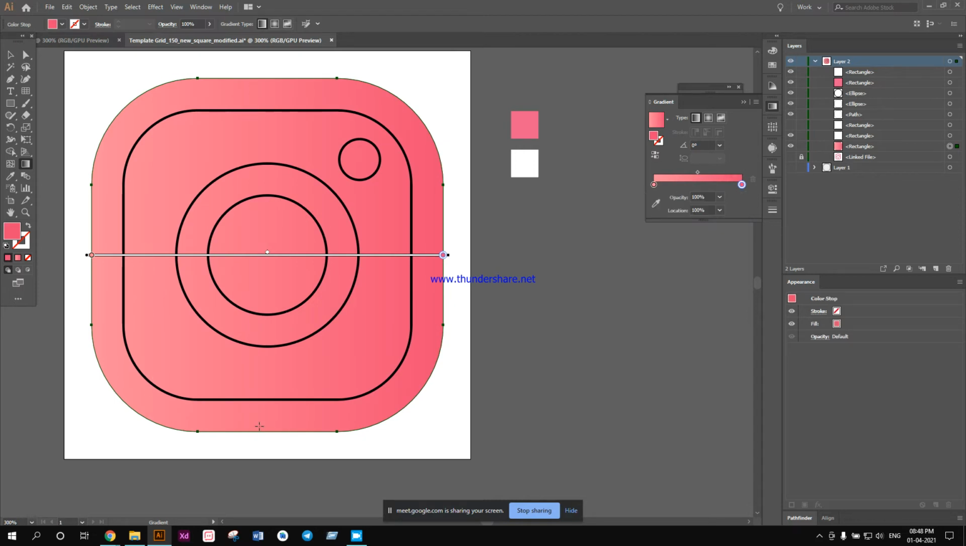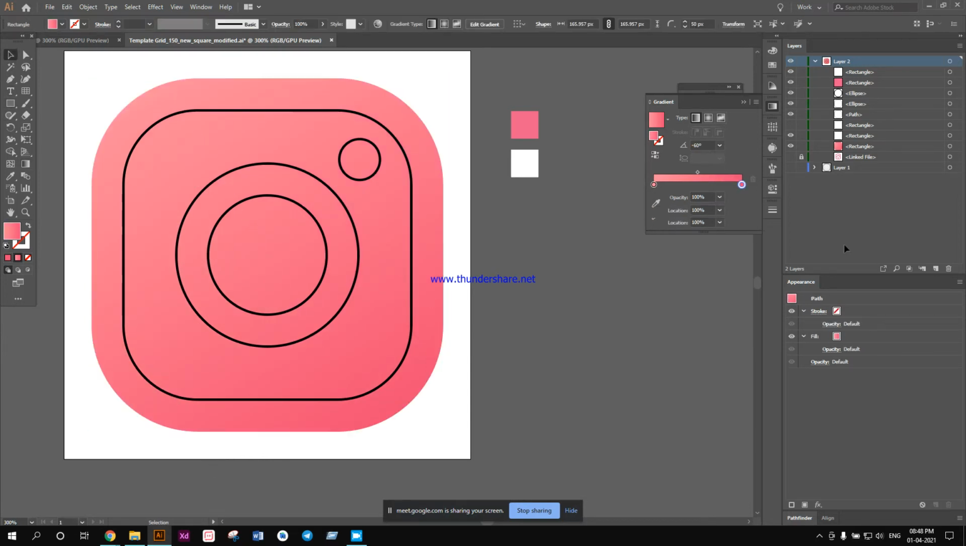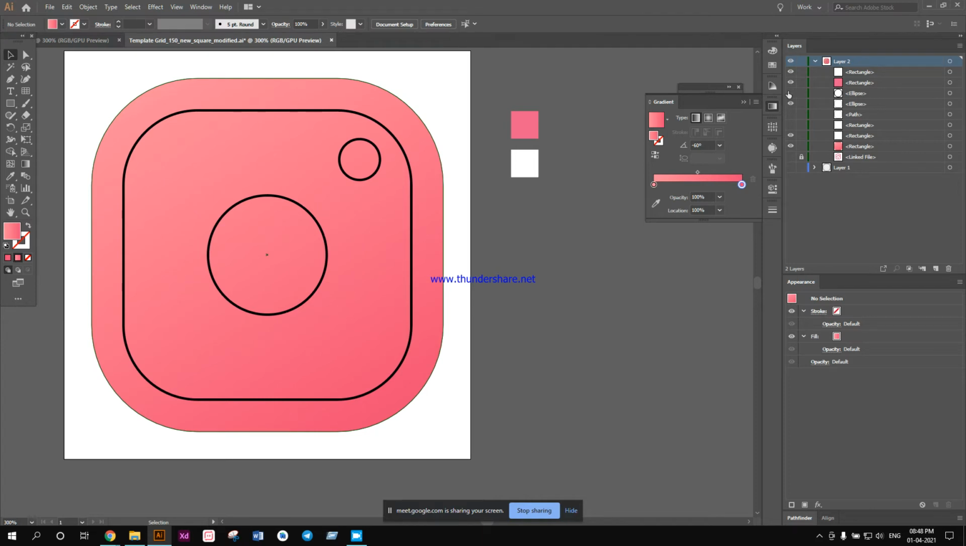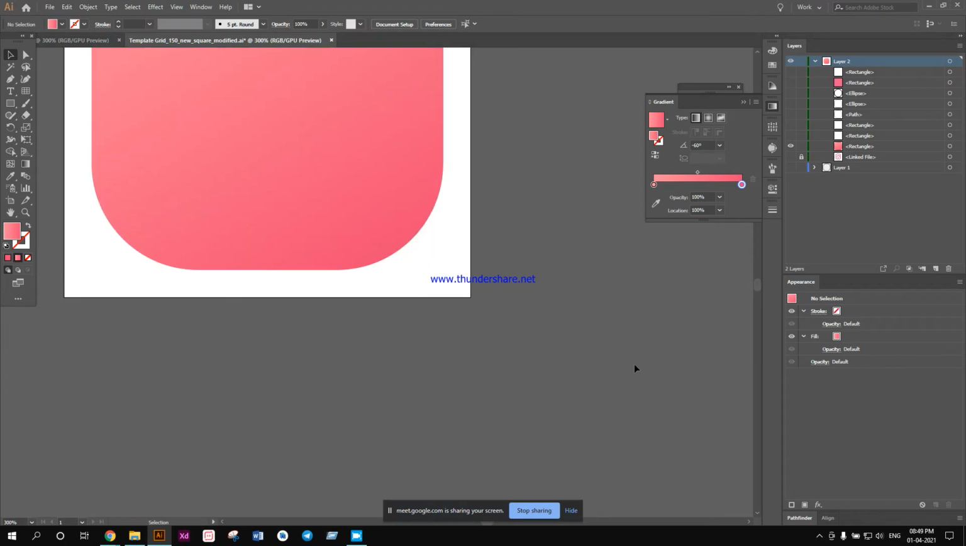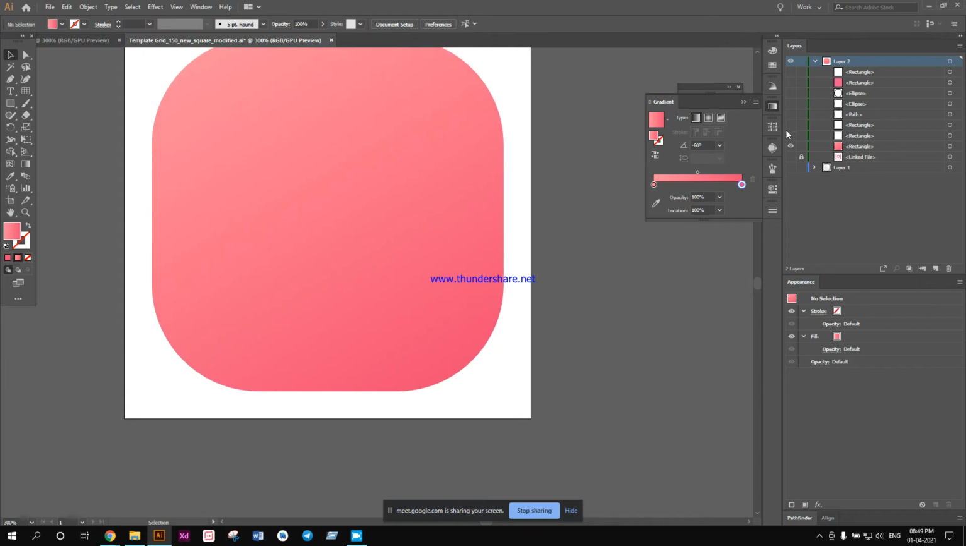Okay. Now I don't want the gradient going from the left side to the right side. I want a gradient at an angle. I preferably keep my angle at -60 degrees. So this is what the gradient will look like. Okay, I disable everything, hide everything. So this is how the gradient will look. Okay. Now for this part over here,